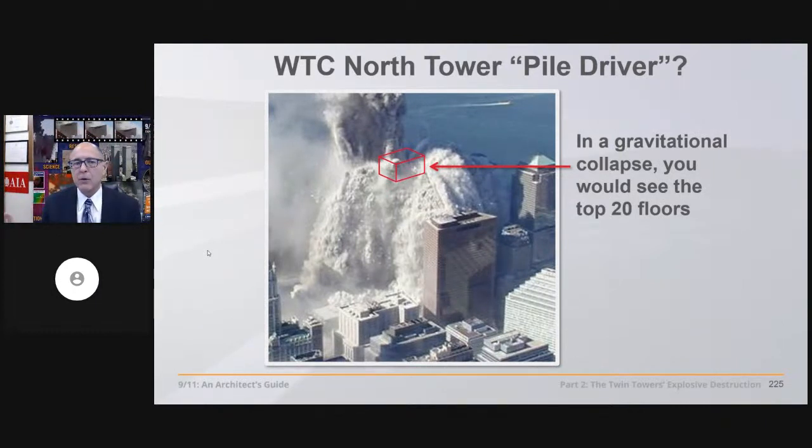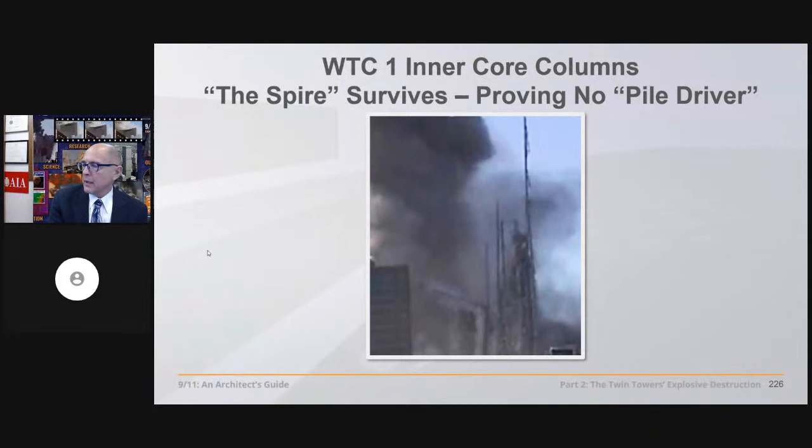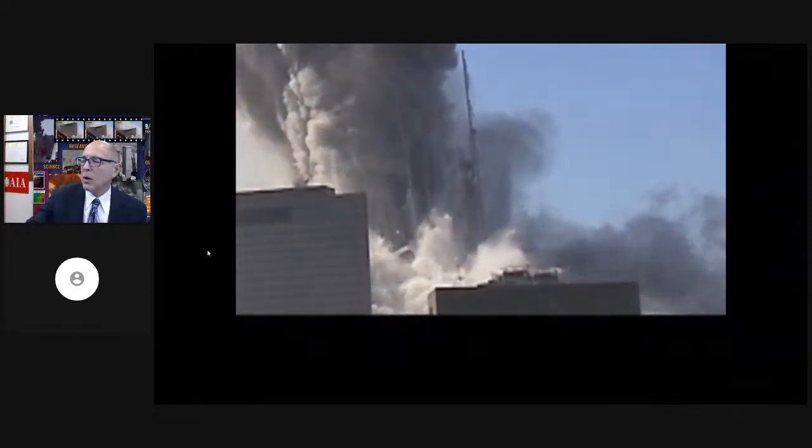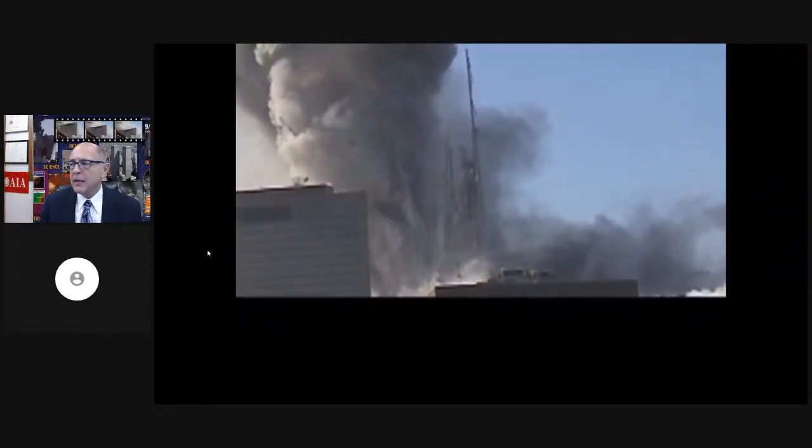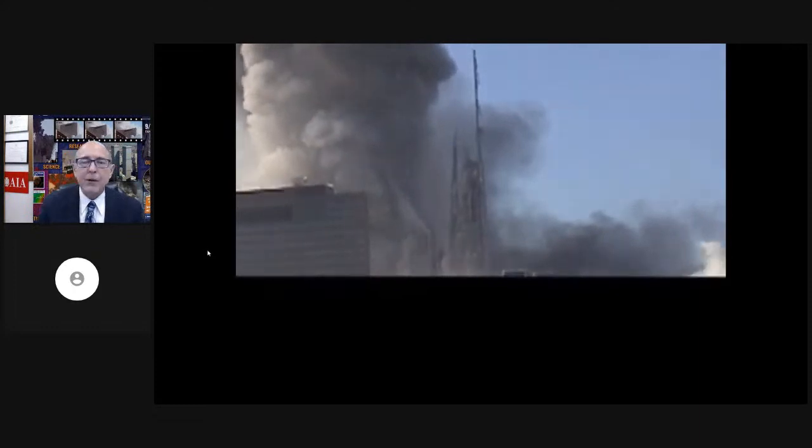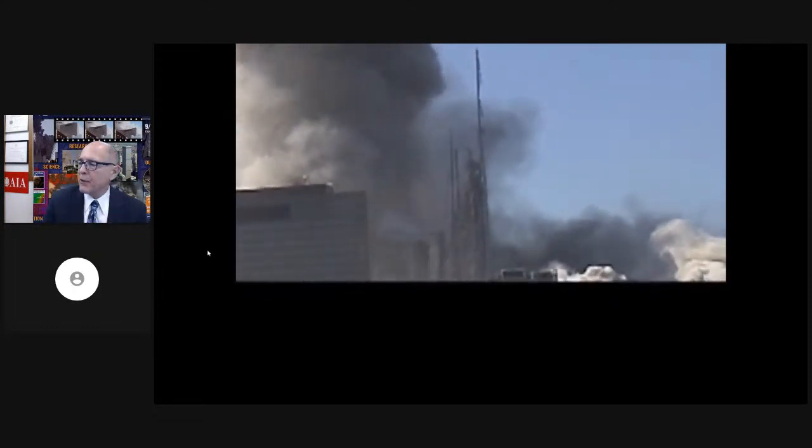And by the way, where's the pile that's driving this building down to the ground? None of the photos or videos show an upper section of the building driving the rest of the building down. It is simply gone. And if it were there, how could these remaining core columns stand after that upper part drove them to the ground?